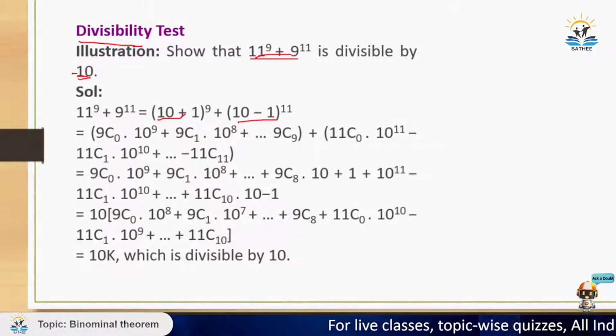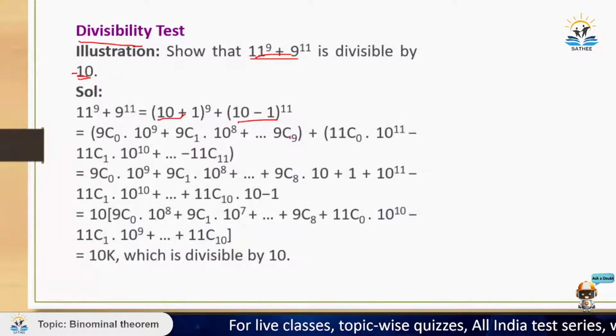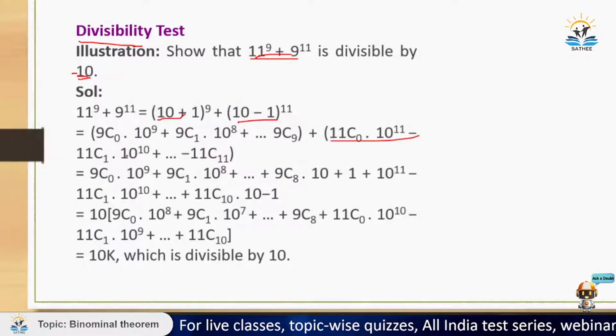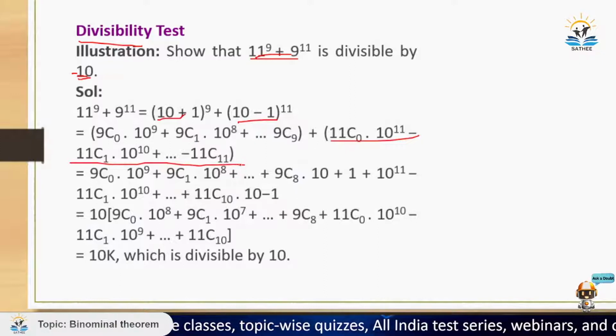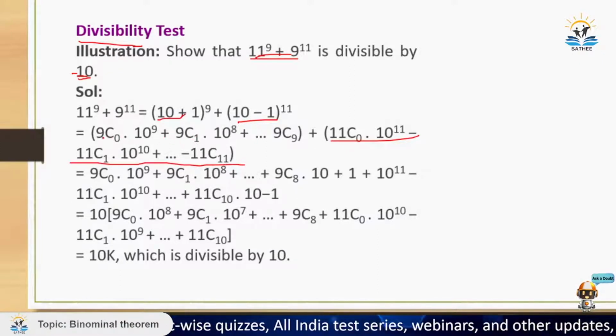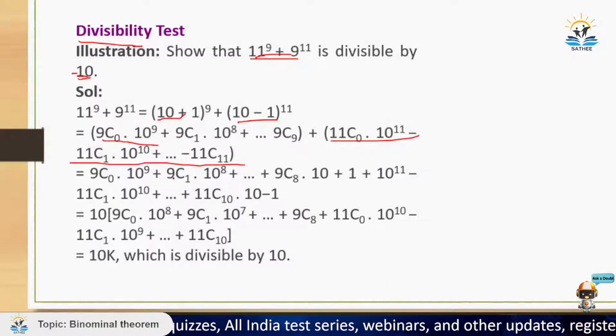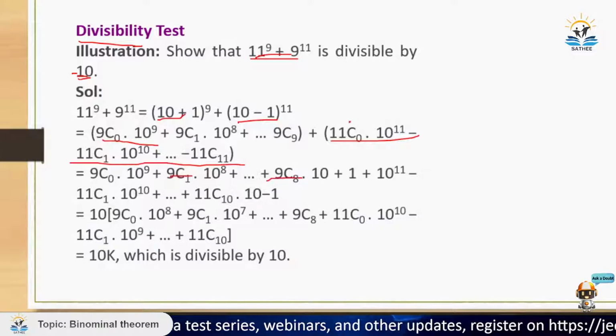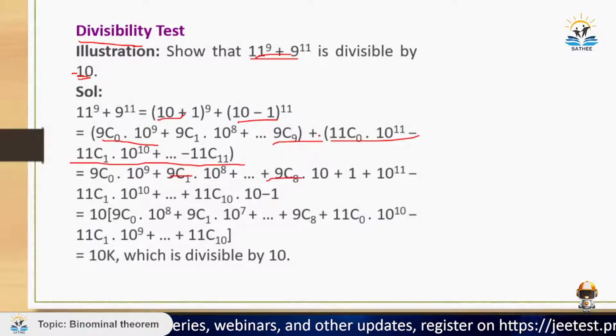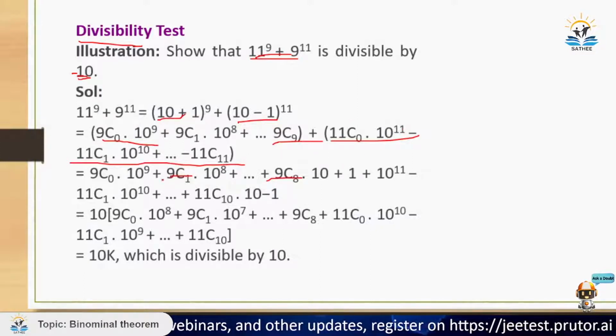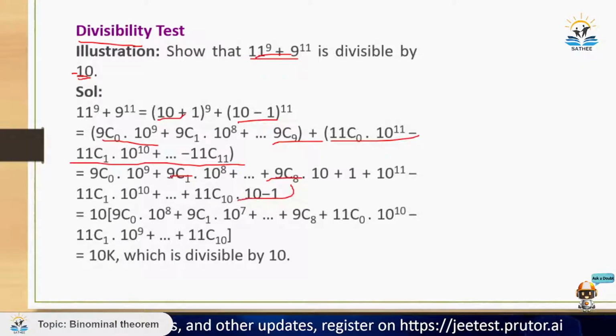and 9 को लिख सकता हूँ 10 minus 1। फिर इन दोनों को ओपन कर दूंगा, so I will get 9 C0 10 power 9 plus 9 C1 10 power 8 plus dash dash dash up to 9 C9। सिमिलरली I can open this part. ओके, मैंने दोनों को ओपन कर दिया। अब मैं क्या करूंगा, मैं इसको उस फॉर्म में लिखूंगा 9 C0 10 power 9 plus 9 C1 10 power 8 plus dash dash up to 9 C8 power 10 plus 1, 9 C9 is 1 plus 11 C0 10 power 11 plus, मतलब मैंने सबको ऐड करके लिख दिया। ठीक है।